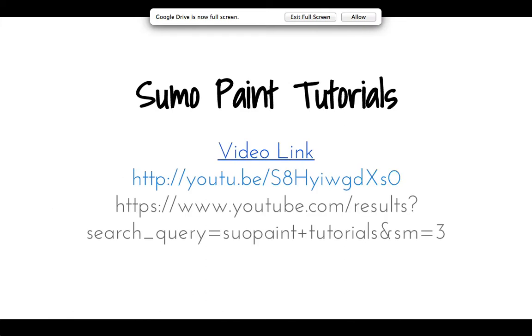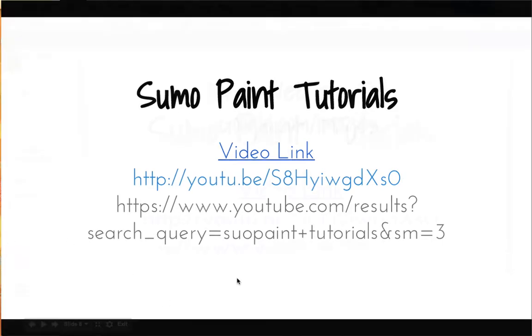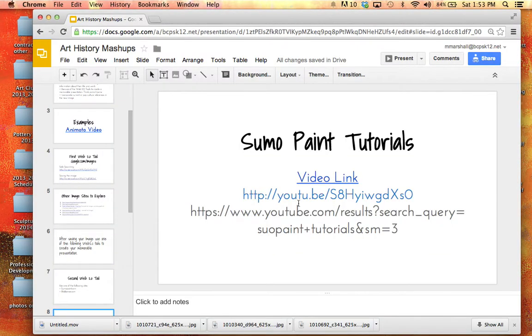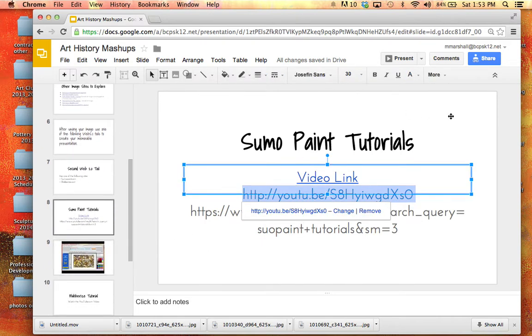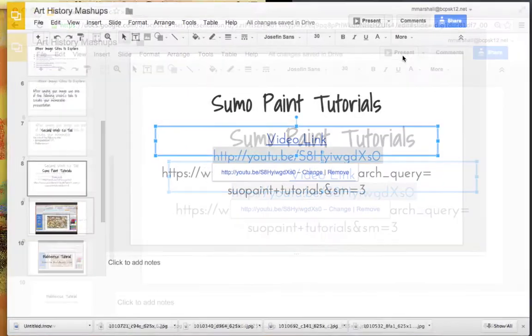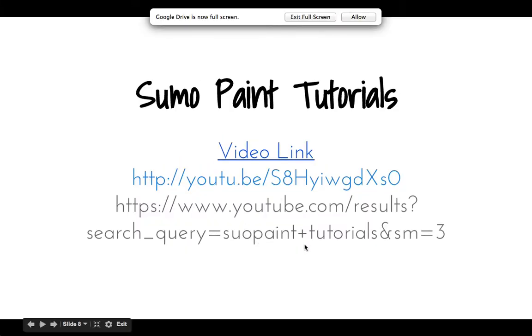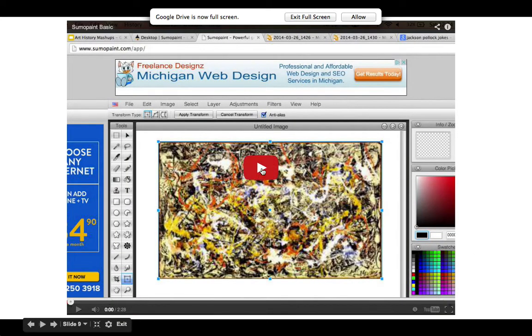Using Sumo Paint, they can create comics or memes, and they can really use it similar to Photoshop, where they can edit photos, they can layer photos. So what I've done is I've put together a few presentations for them on how to use Sumo Paint, but I've also linked them to some other YouTube videos that are out there that are really good. So here's my example for them. It's a real basic one on how to